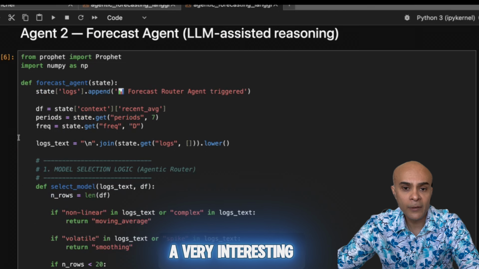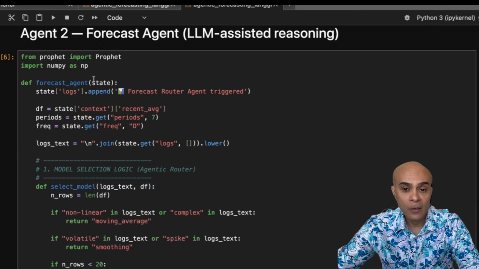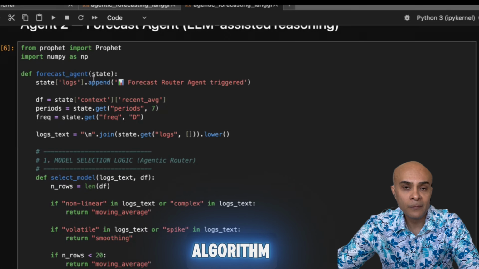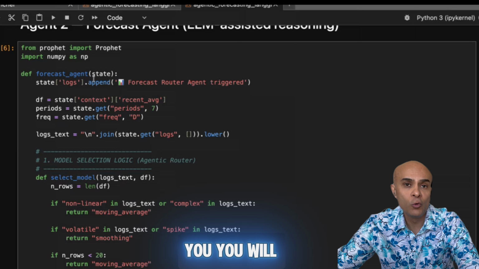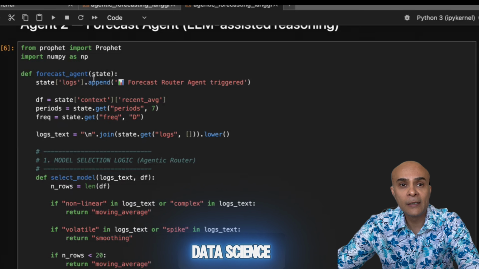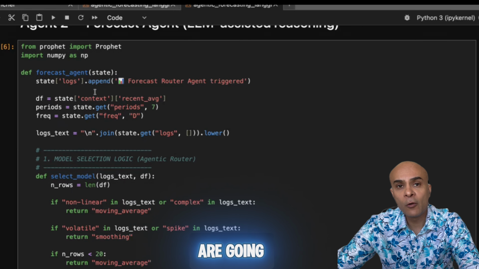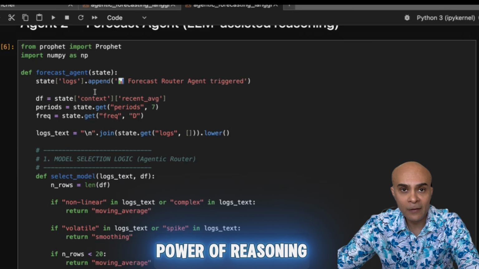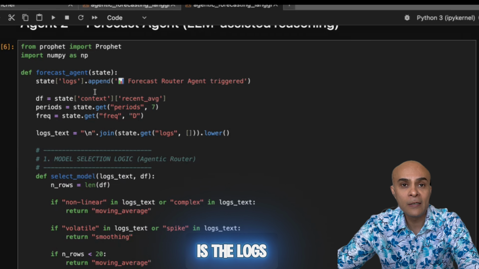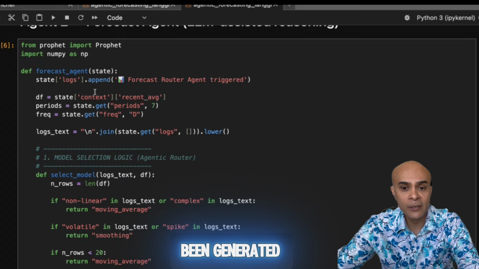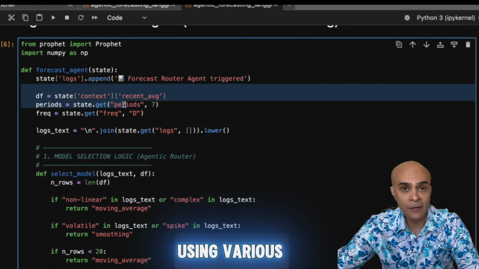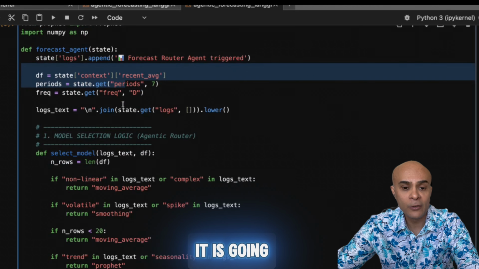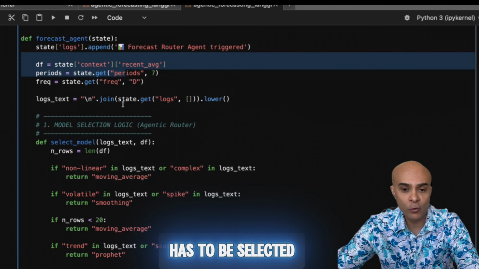Now here comes a very interesting part, which is forecasting. There are various forecasting algorithms, and if you are doing a classic data science process, generally you will use just one data science algorithm. But here we are going to use the power of reasoning, which is going to check the logs which have been generated using various agents, and then based on that, it is going to decide on what model has to be selected.